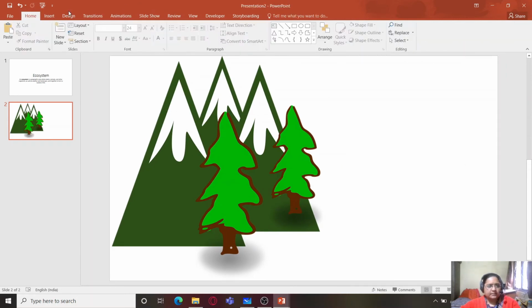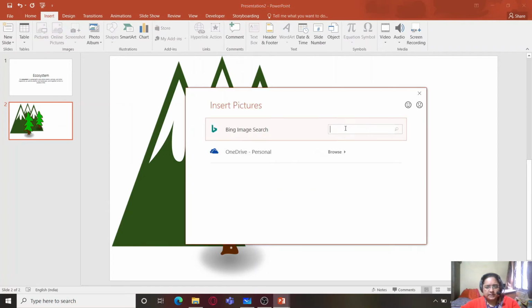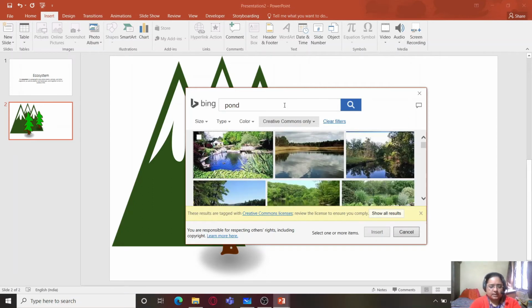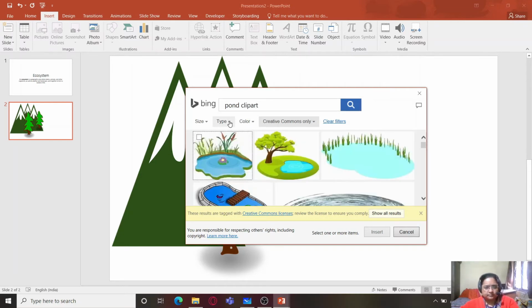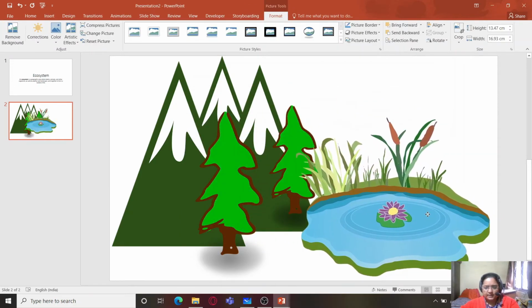Then we need a river. So we'll go to insert. We want a pond clip art, and you can find a small pond over here. We'll click on that and click on insert, and this gives us a pond as well, right?